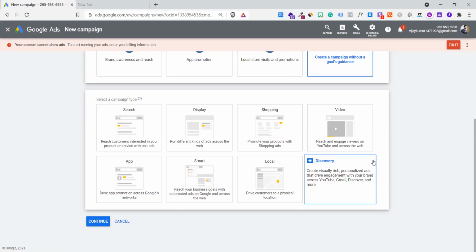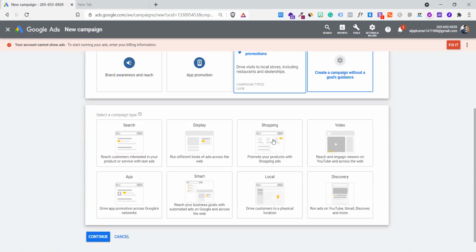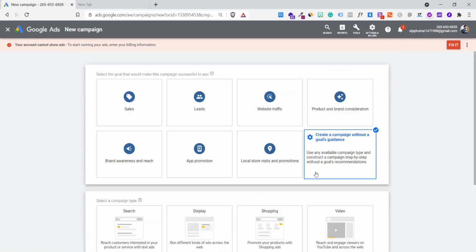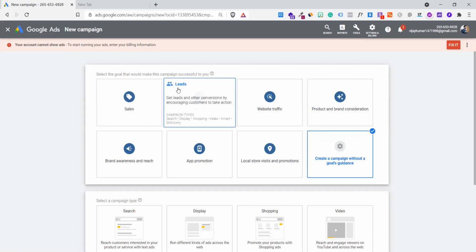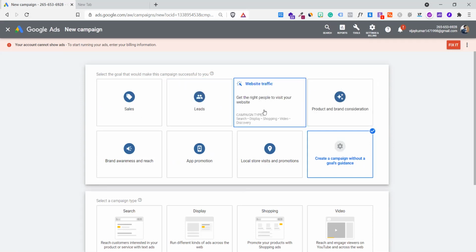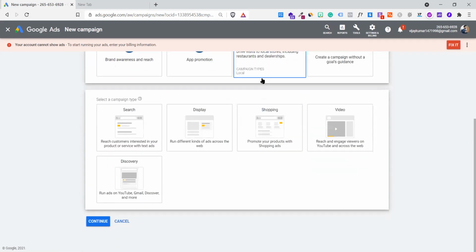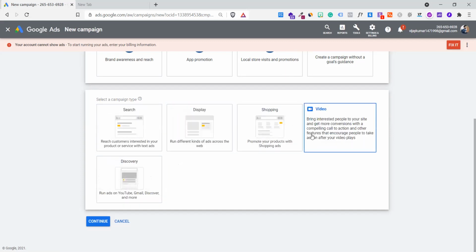You're getting it? That's why Google did something, because people were getting confused. They said, don't get confused, I will help you out. In order to run ads, please let me know your goal. That's why this particular section came: what is your goal? Leads, sales, web traffic, and so on. Now my goal is web traffic. The moment I click, the rest of the options are removed, so there is no confusion about what to use and what not to use. Now they give you fewer options compared to 8, only 5: discovery, search, display, shopping, and video.